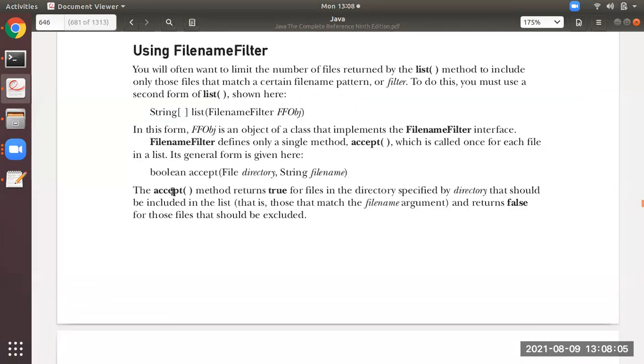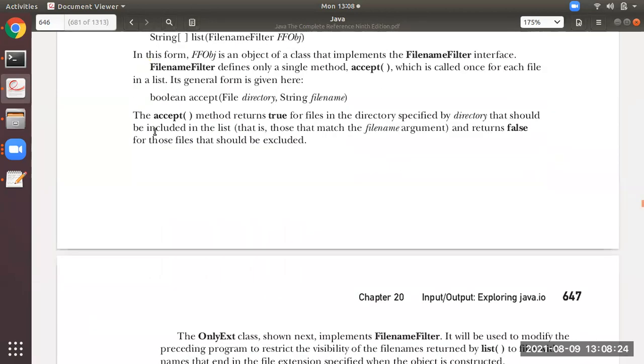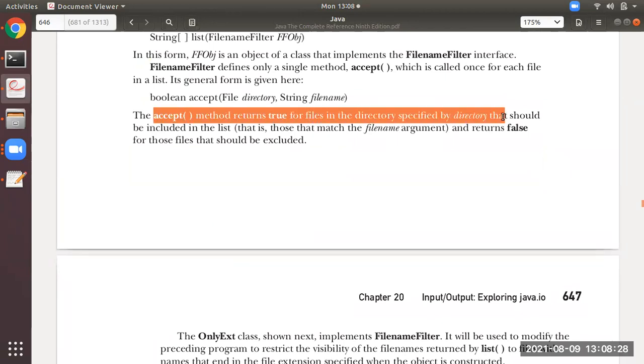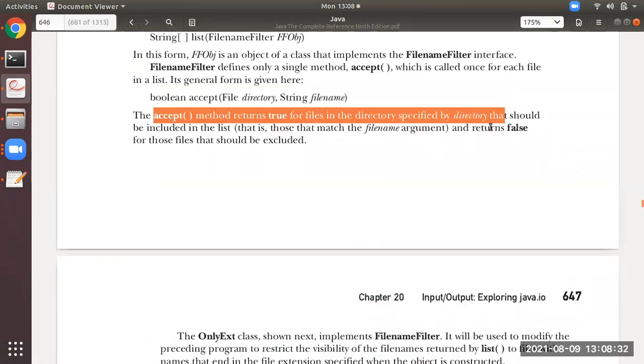So you can see over here, file name filter defines only a single method. What is that? Accept. This is the method which is used to check whether that kind of file extension is available or not. Accept method returns true for files in the directory specified by the directory. Otherwise, if it is not available, it will return false.